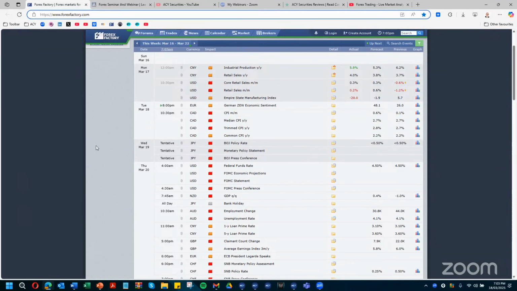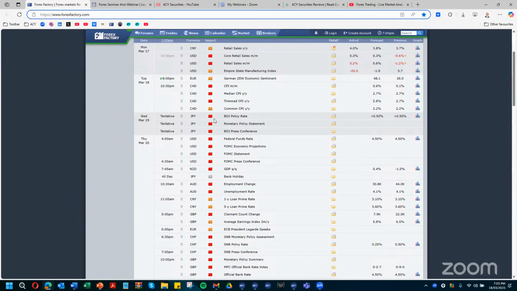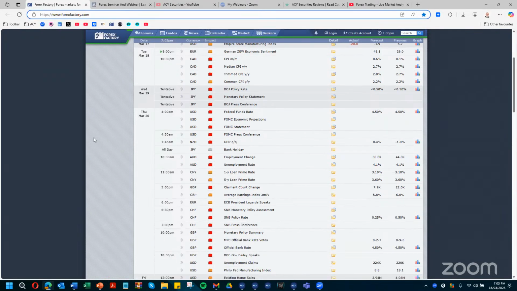Be aware of that. Wednesday tomorrow, it's usually 1:30 in the afternoon my time. We've got the JPY budget policy rate, monetary policy statement, budget press conference. So yen pairs, difficult to trade them leading into that tomorrow. If you're trading today, difficult. I think they have generally been discussing the idea of higher interest rates, whether or not they will be raising interest rates or discussing that as a long-term theory. We'll have to wait and see what they say tomorrow. If that is the case, though, that would potentially be yen strength, which would mean that pairs to the yen would move down.